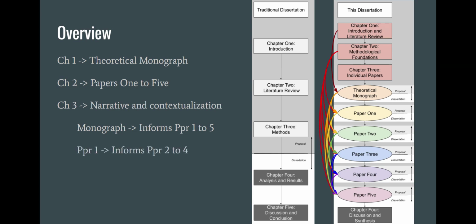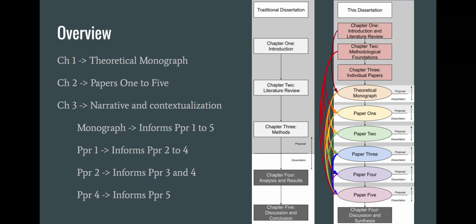Paper 1 will then inform directly papers 2, 3, and 4, and this will make more sense as we go through the research questions in the next couple of slides. Question 1 and research paper 1 really inform those papers, whereas paper 2 really directly informs papers 3 and 4, but again could not be done without the information gained in paper 1. Paper 4 then goes on to inform paper 5. Paper 5, rather than being a more standalone